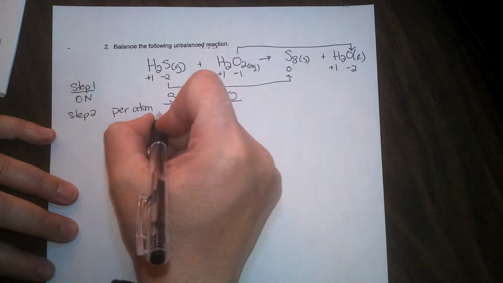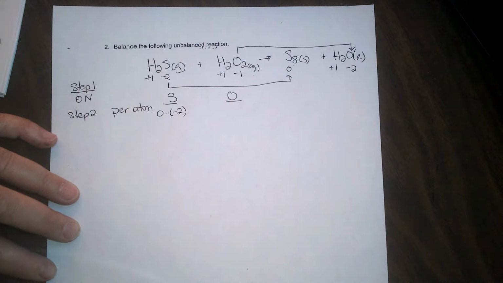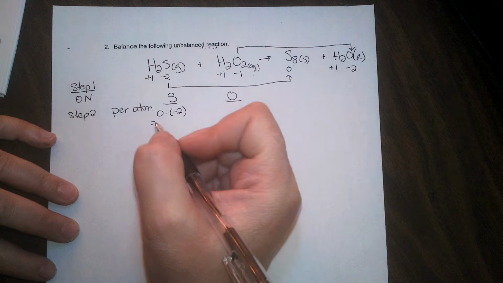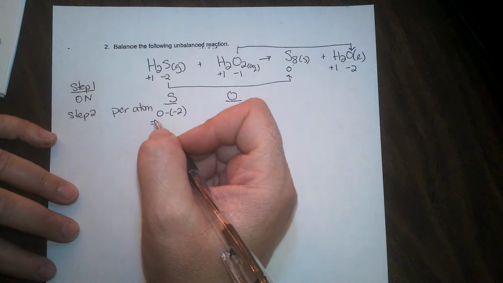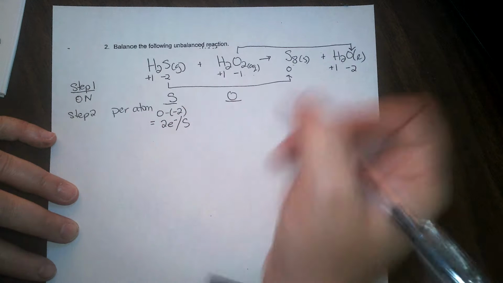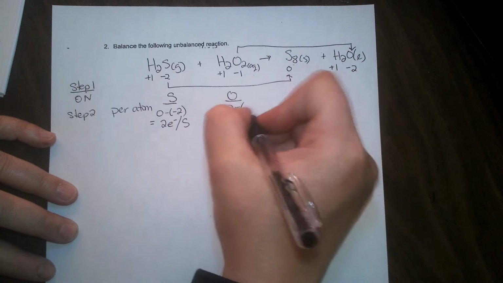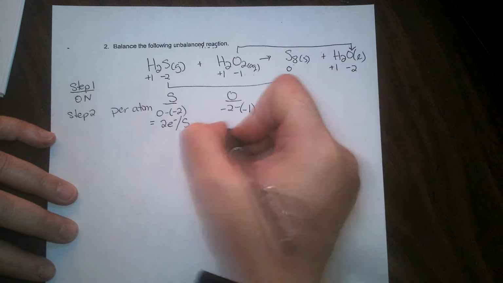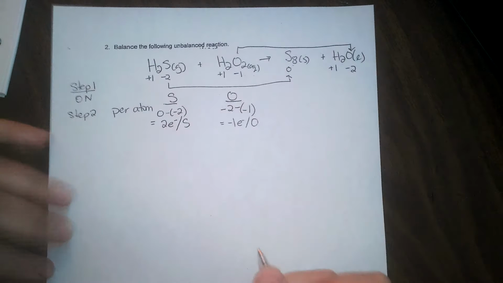Sulfur goes from 0 to -2, or final minus initial, sorry, goes from 0 to -2, which gives us 0 minus -2, 2 electrons per sulfur atom. Oxygen ends up being -2, and it started out being -1. So it ends up with